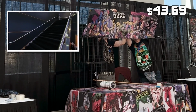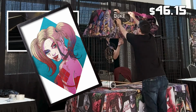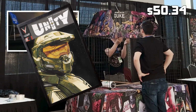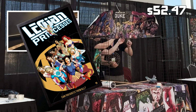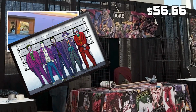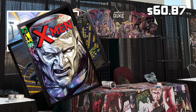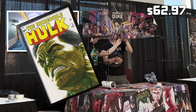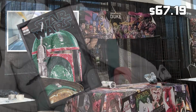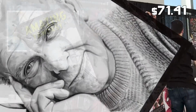Okay, so let's move on to prints that I sold. I sold 3 Harley, 1 Batgirl and Supergirl, 2 Omni-Man vs. Homelander, 1 Legion of Princesses, Disney Princesses, 5 Jokers, 5 Predator, 2 Web of Spider-Man, 2 Colossus, 2 Hulk, 4 Batman Who Laughs, 4 Boba Fett, 5 Stan Lees, 1 Steve Ditko, 1 Kirby,